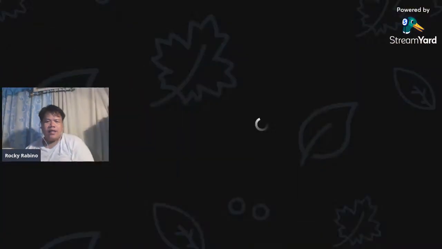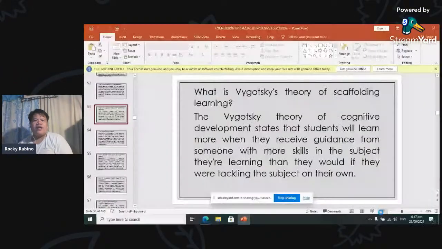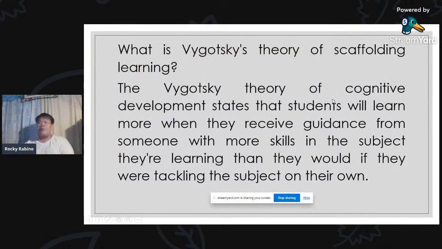And this evening, our lesson is another theory from Lev Vygotsky, which is the scaffolding learning theory. So, what is this? So, this one is